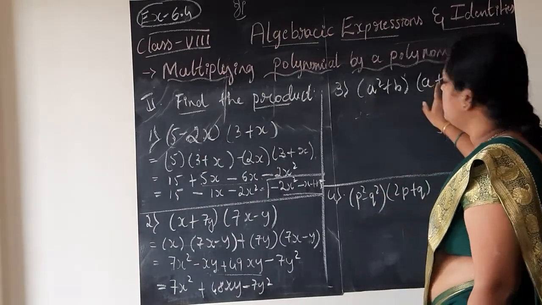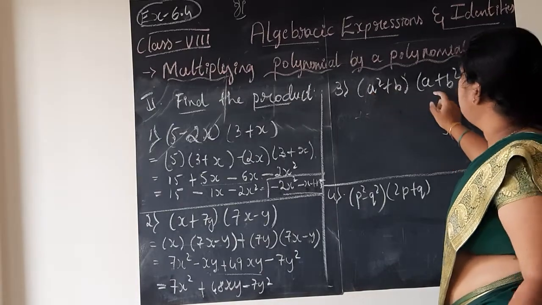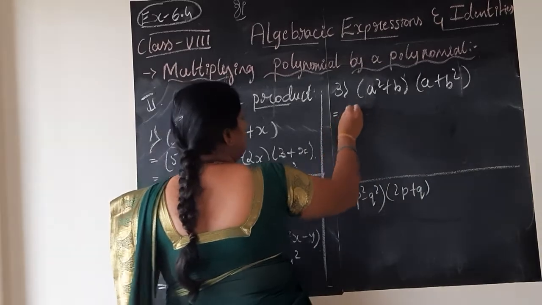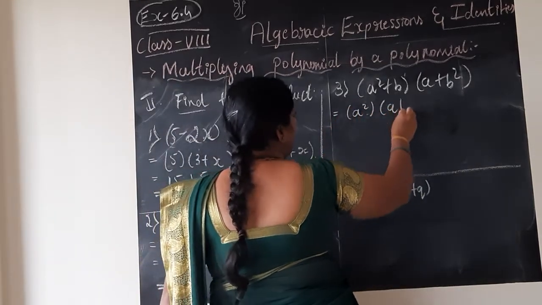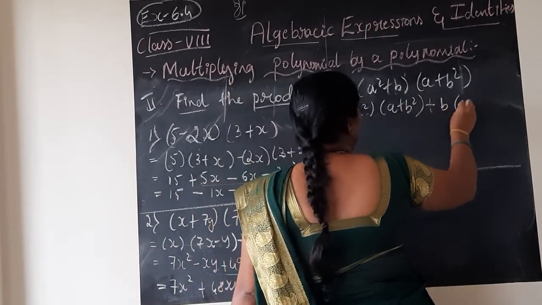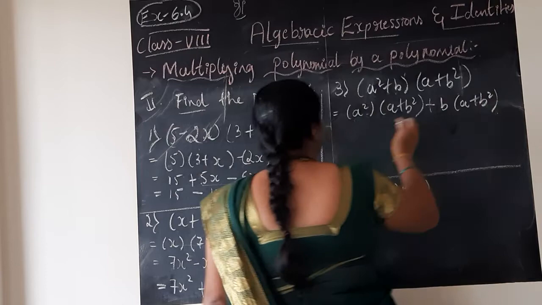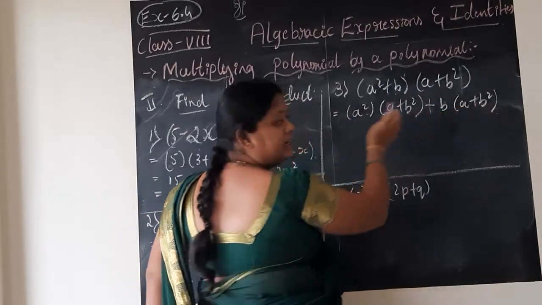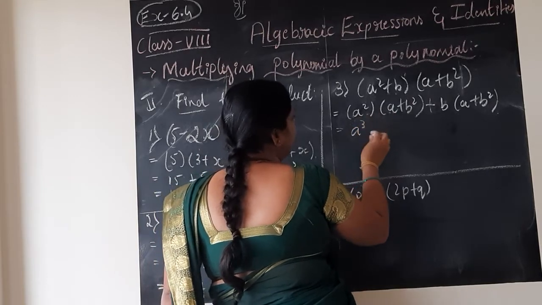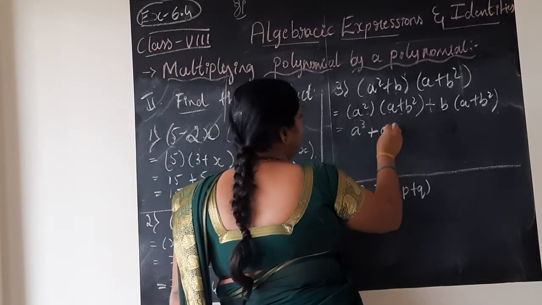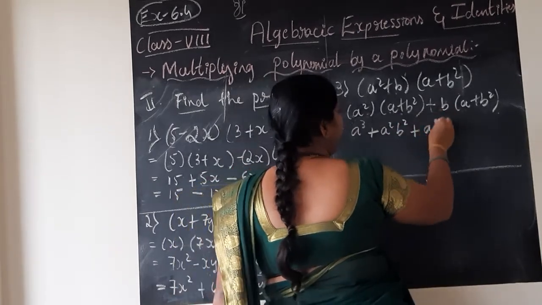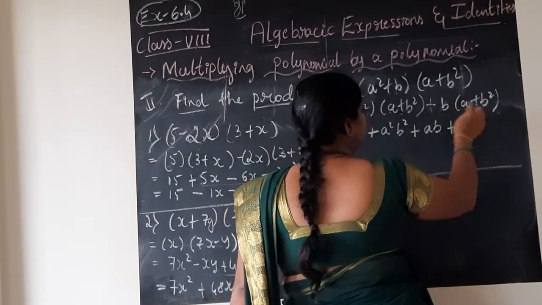Question is again binomial into binomial. A square plus b into a plus b square. Again start with, is equal to, first term a square into a plus b square, plus as it is this term b into again this whole bracket a plus b square. Multiply a square inside and b inside. A square into a is a cube. Plus is there. So plus a square into b square is a square b square. Plus into plus, plus b into a, or a into b, is ab. Plus into plus, plus b into b square,